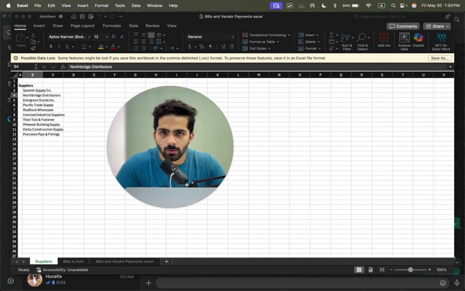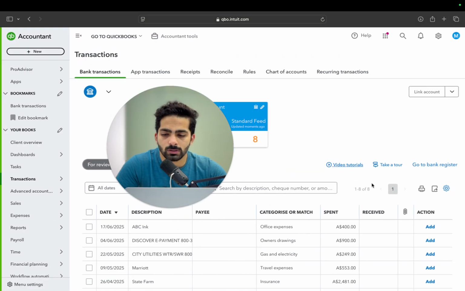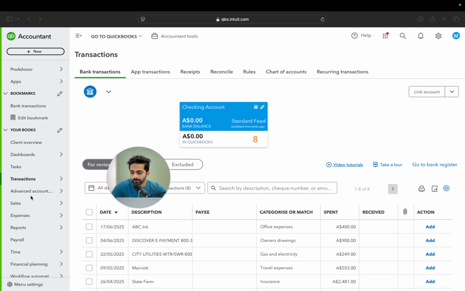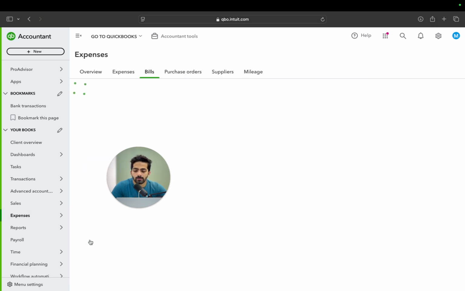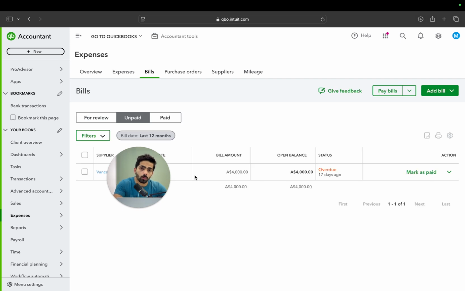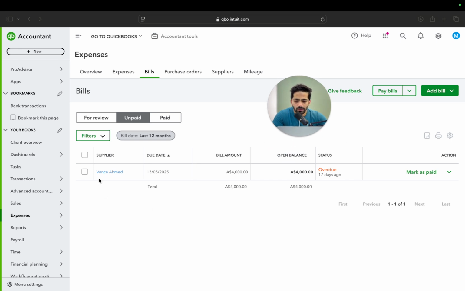And how do we record them? If you head over to QuickBooks Online and go to the expenses section, you will see an option, Bills. These are the transactions you can record in QuickBooks Online which are expenses that were incurred but not yet paid. You can see here we already have an expense for Vance Ahmed, which is the name of the supplier, and this is the due date, meaning the date by which we are required to pay that supplier,